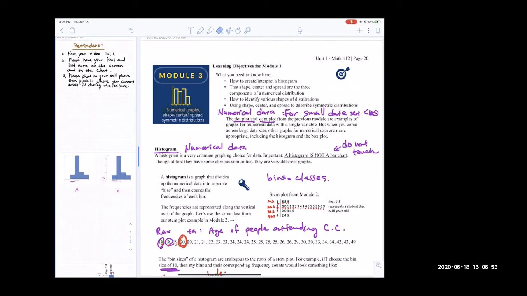We briefly saw that because we wanted to cover the majority of the histogram portion in module number 3, which is actually the most important graphical representation of your numerical data, okay? So far, so good. But when you come across a large data set, right? Okay, dot plots and stem plots are not sufficient enough. Okay, so we need another type of graph, right? To organize your numerical data, there is the histogram